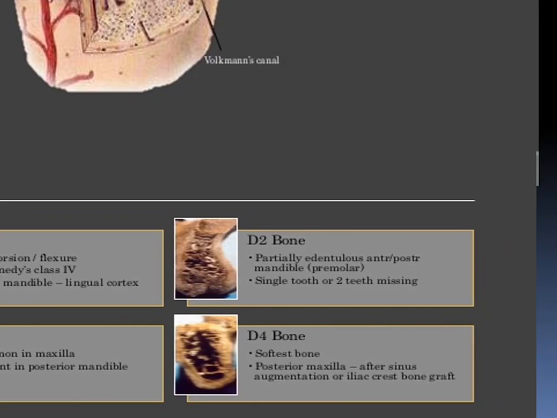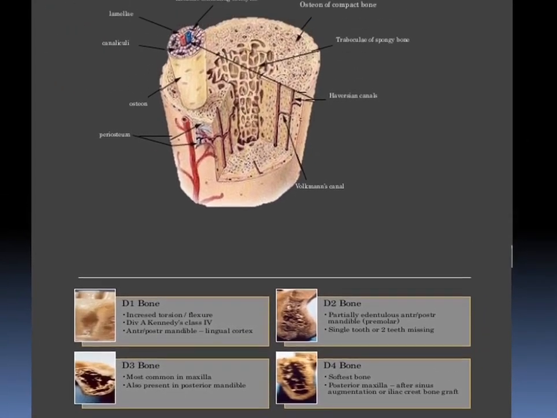Now this D1, D2, D3 and D4 bones can be classified based on the Hounsfield unit to which they can withstand. So D1 has a density which can withstand more than 1250 Hounsfield units. D2 can bear a pressure of about 850 to 1250 Hounsfield units. For D3 it's 350 to 850 Hounsfield units. For D4 it's 150 to 350 Hounsfield units, whereas D5,